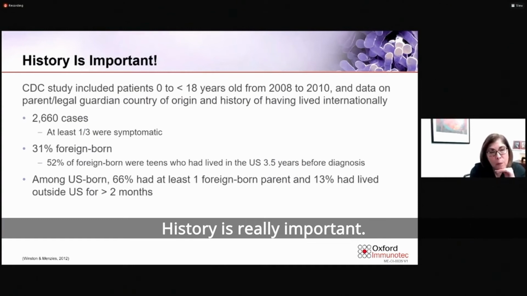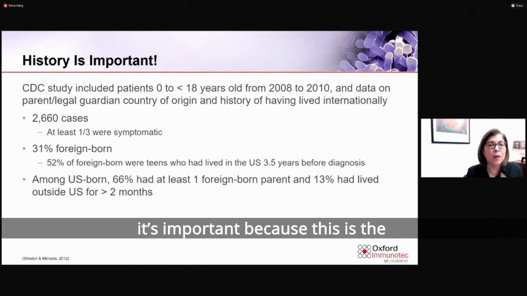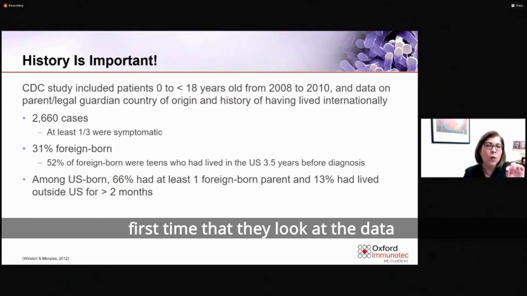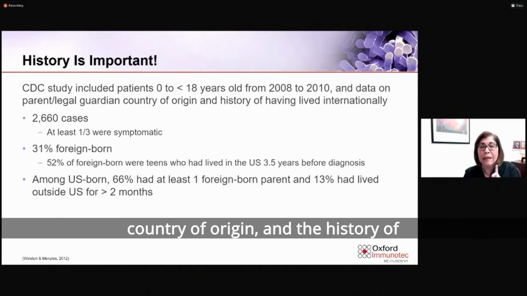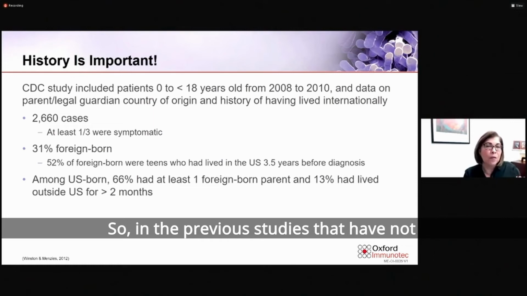History is really important. In this study that was published, done also by the CDC, published in 2012, it's important because it's the first time that they look at the data on the parent or legal guardian, country of origin, and the history of international travel. So in the previous studies that has not really been entering into the analysis. So they found